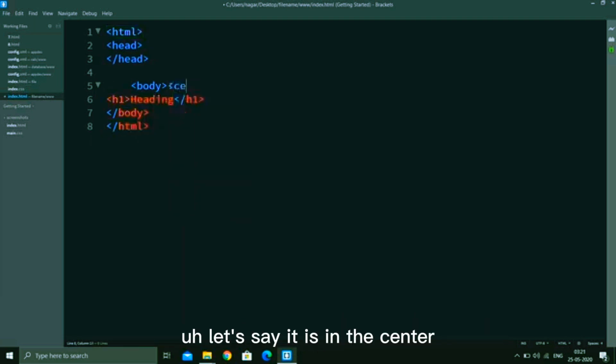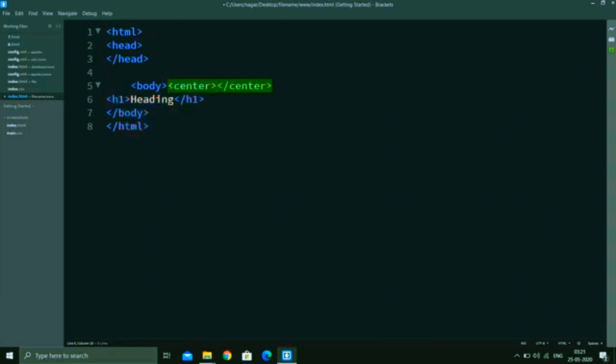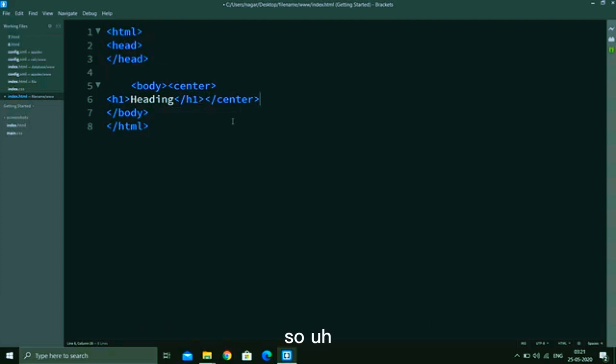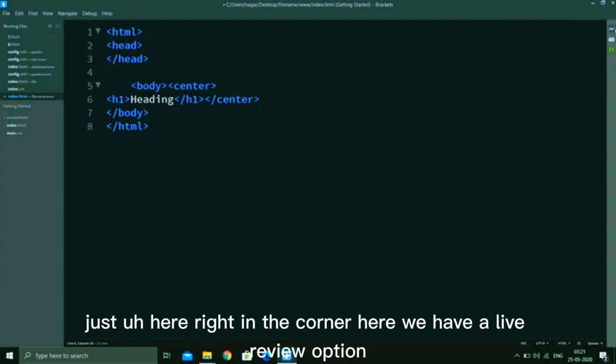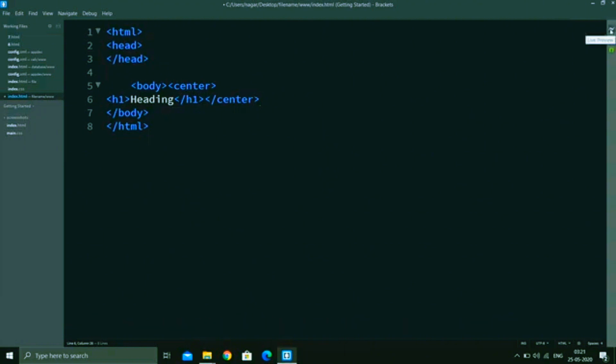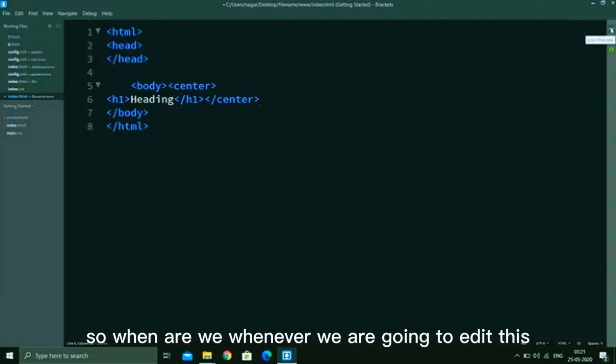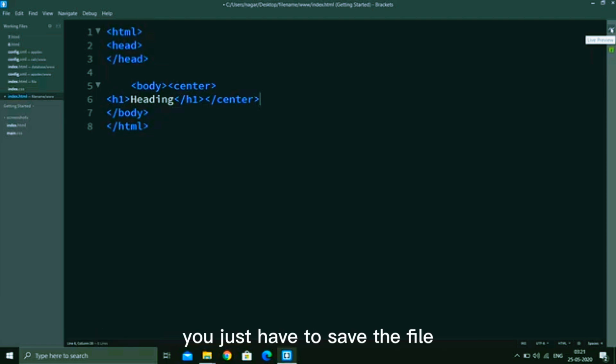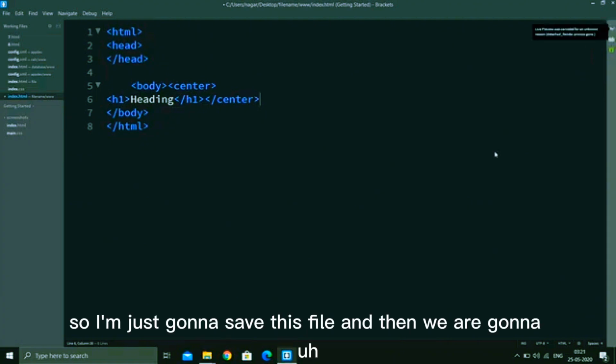Let's say it is in the center. Okay, so the heading title will be in the center of the page. So just here in the corner we have a Live Preview option. Whenever we edit this, the live preview is going to show up in your browser. You just have to save the file. So I'm just going to save this file and then we are going to